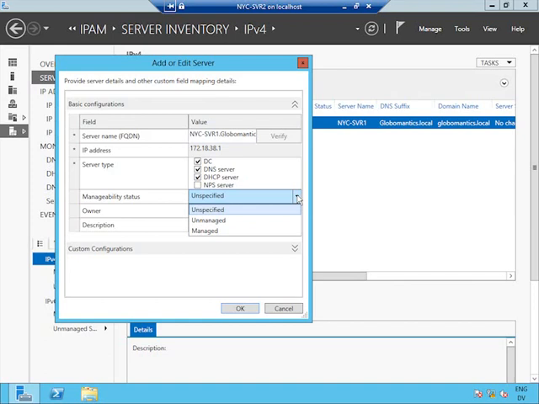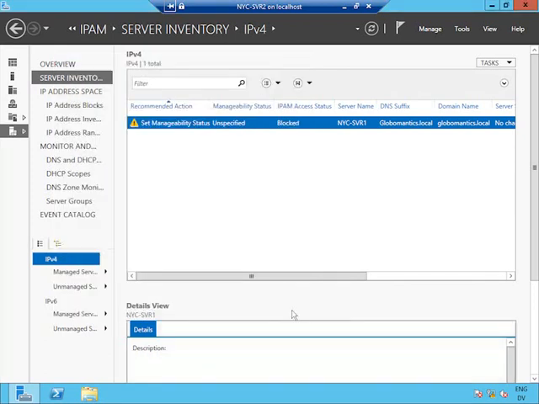In this case, I'm not going to make any change. I'm going to leave it as is and cancel. We will come back to this screen. But what I want to do first, at the moment, I want to draw your attention to something that's more